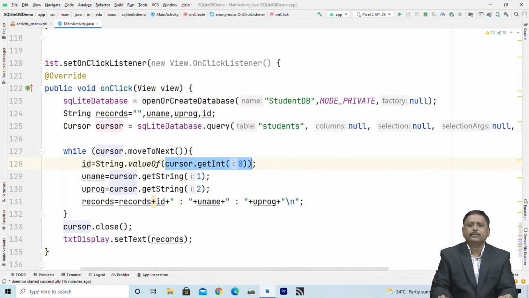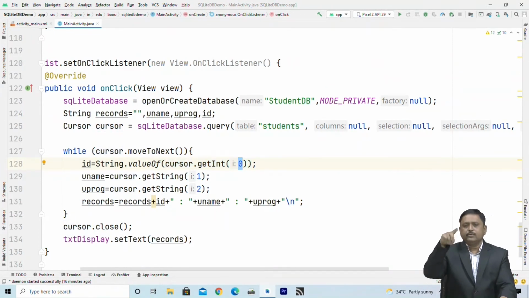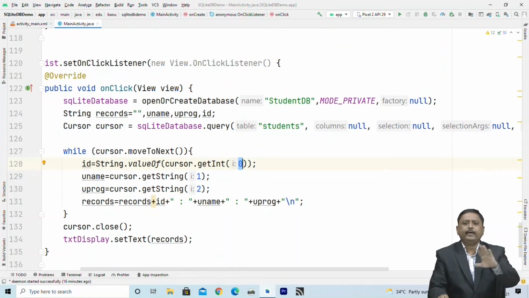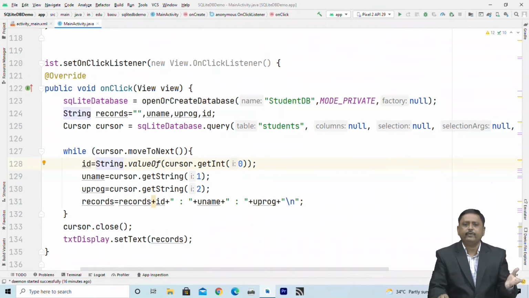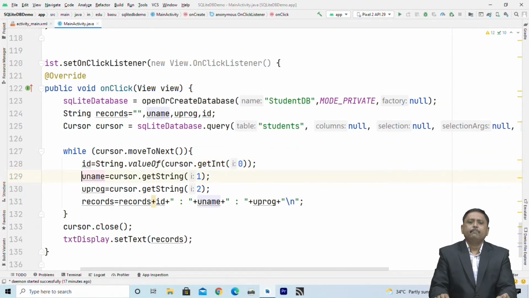So I write down cursor.getInt. Why? Because its type is integer. And this 0 specifies column index. So first column has a 0 index, second column has a 1 index, and third column has a 2 index. So I write down getInt 0. It means I want to retrieve first column value, but its type is integer. So I have converted that value into string using String.valueOf method and store inside ID. But username is